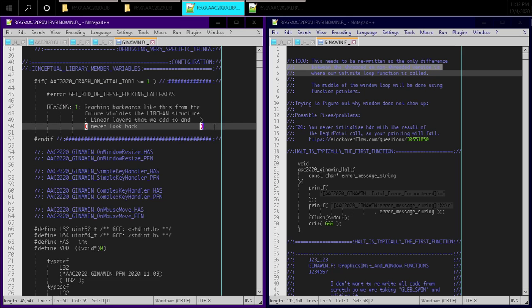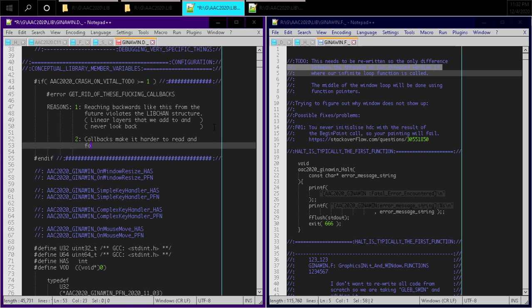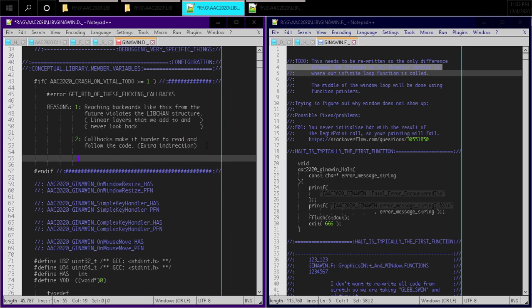So one reason is that, and then two, callbacks make it harder to read and follow the code. Extra indirection, right? It adds extra indirection by using a callback. And then the final reason for why we don't want to use a callback is